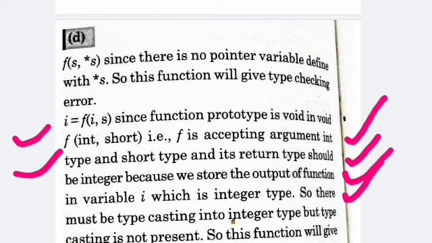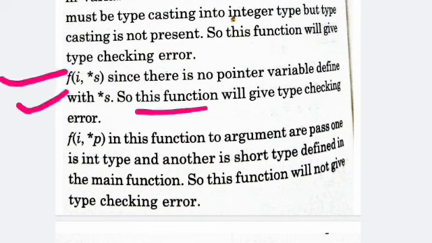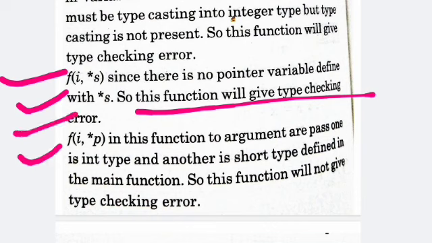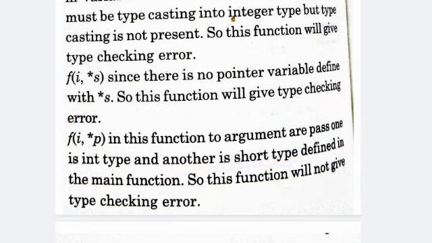So this will give an error. Now f(i, *s): since there is no pointer variable defined with *s, the function will give a type checking error. And here f(&i, p): the arguments passed are one of int type and another of short type, as defined in the main function, so the function will not give a type checking error. Therefore, for this reason, f(&i, p) is your correct answer.